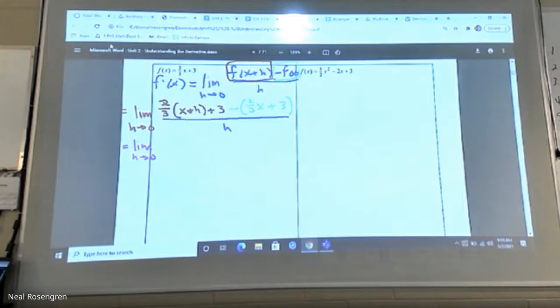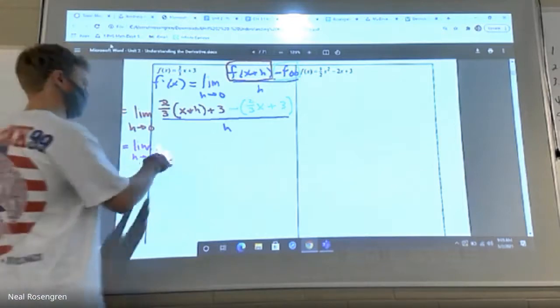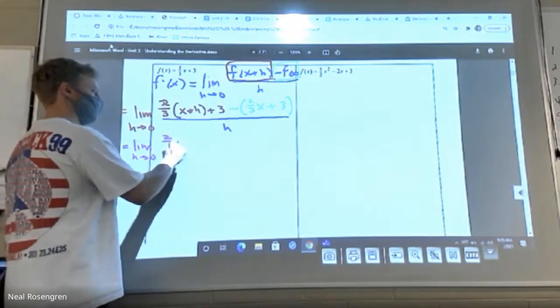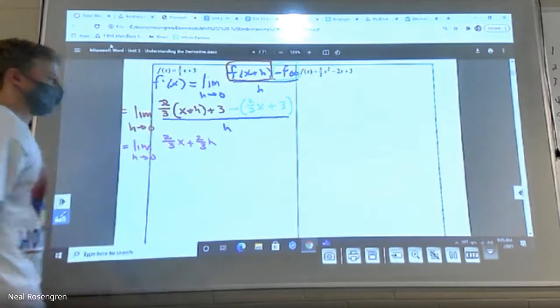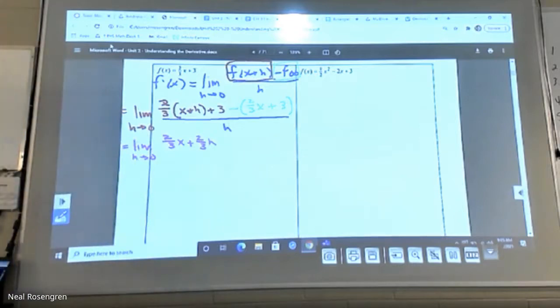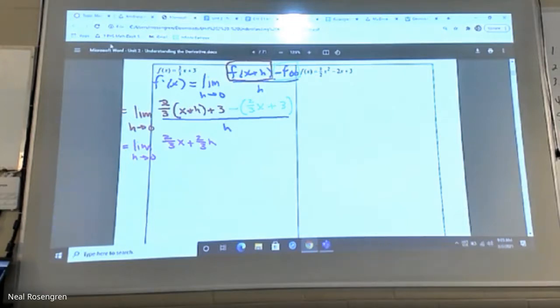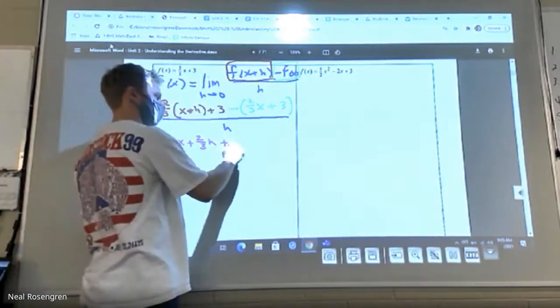Step 2, expand. Get rid of all those parentheses so we can find ways to put some stuff together. So the 2/3 gets multiplied into the x and the h, so 2/3 x plus 2/3 h. I like to keep my variables out of my fractions that are only constants if I can. But if I was going to put it within that fraction, it has to go up top. Right? I'm not dividing by x or dividing by h. I'm multiplying it through, so that would end up on top, if you did it. Bring the plus 3 down, right? We got that plus 3.